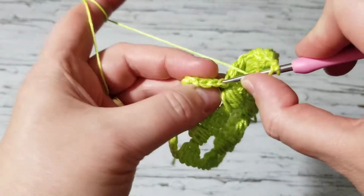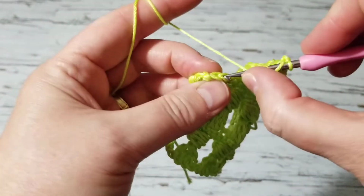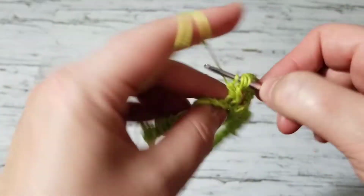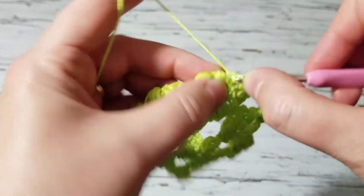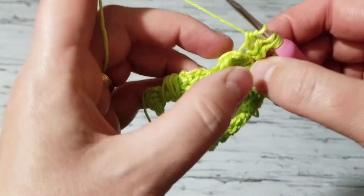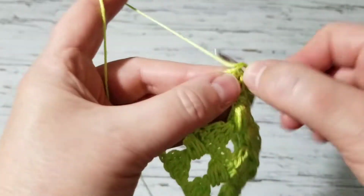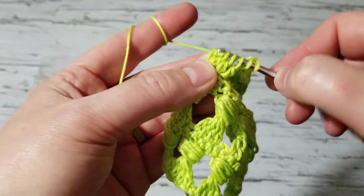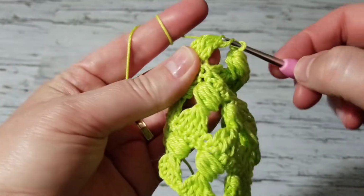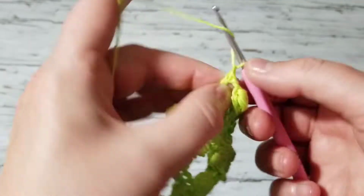Okay, let's come to the next one, pull 2, pull 2, pull 2, and we don't have anything else there, so I'll repeat that on the same. Pull 2, we pull the 4 loops, pull the 2 loops, pull the 2 loops, chain 1, and then make